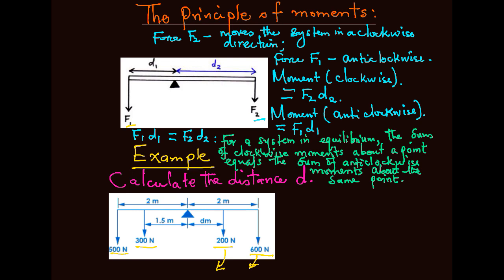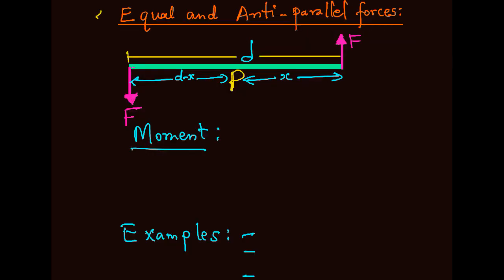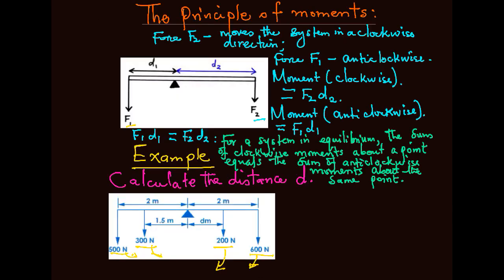However, 300 and 500 newtons would make the system move in anti-clockwise direction and therefore have anti-clockwise moments. So, by the principle of moments, the sum of clockwise moments is equal to the sum of anti-clockwise moments. This implies that